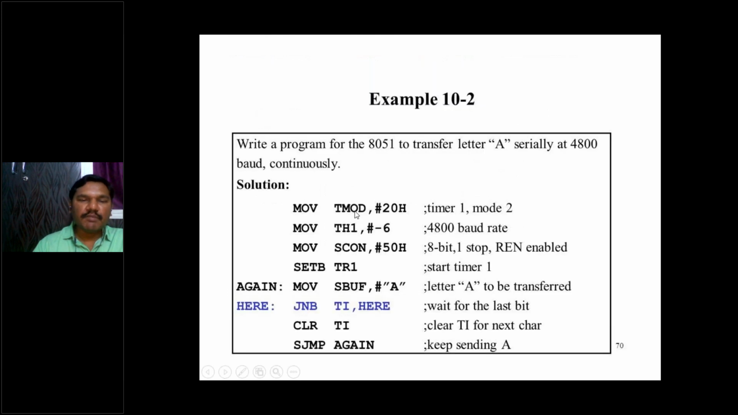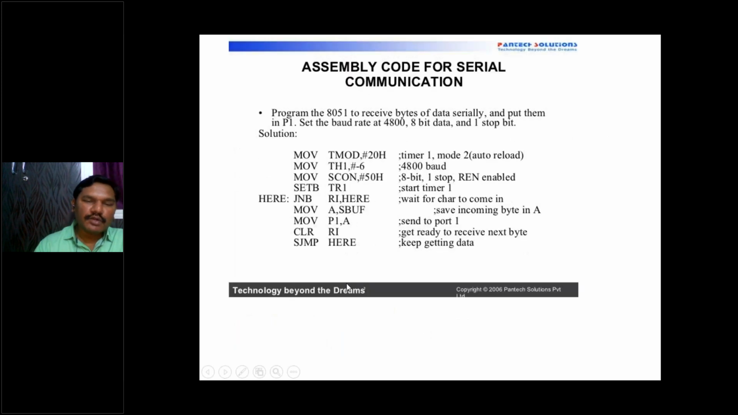Then move A comma SBUF. See, in the previous program, it was move SBUF comma A. Now we are taking data from SBUF. Earlier we sent data to SBUF, and right now we have received from SBUF to outside. That is called receive. That's why we are taking data from SBUF to A. Receive means 8051 to outside. So SBUF is available inside the